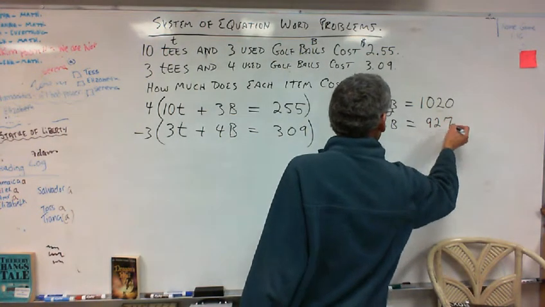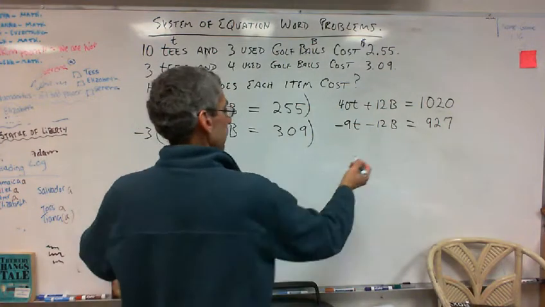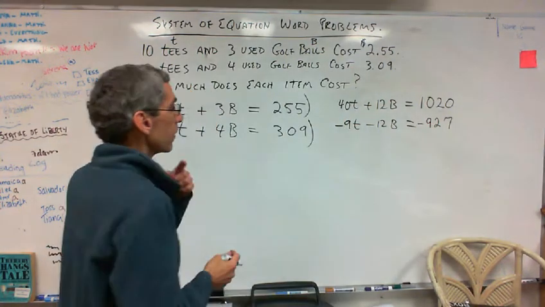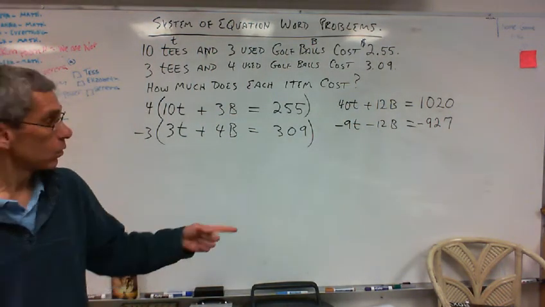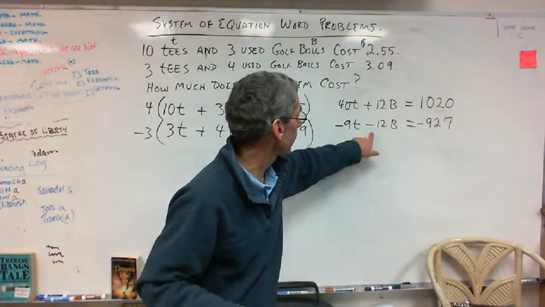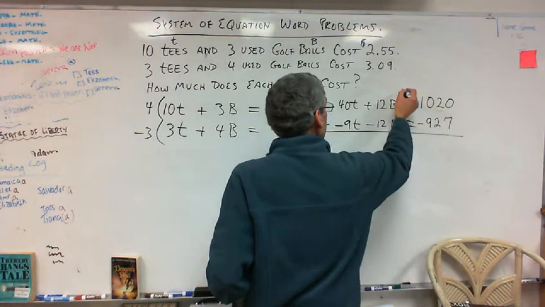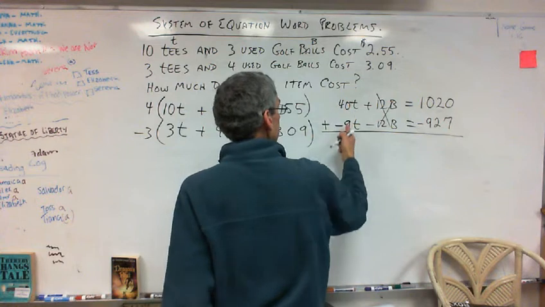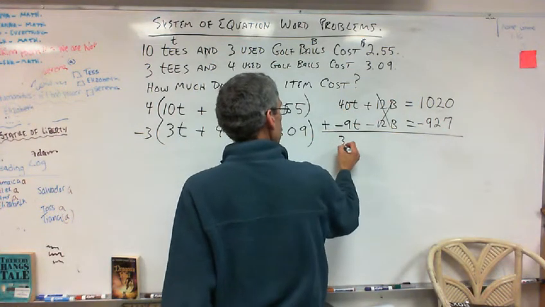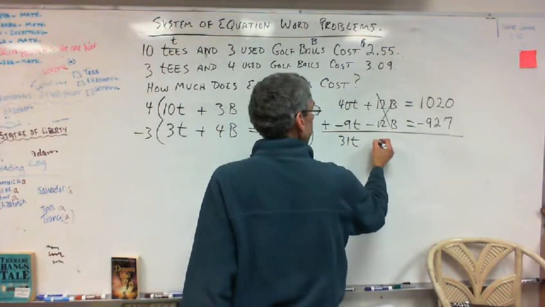927. Okay, 927. And is it going to be negative? It's negative. Okay. So are we ready? We've got our plus 12b and our minus 12b. So we can put our line under here and put a plus sign. We can cross those out, and we can add these. So that's going to give me 31t is equal to